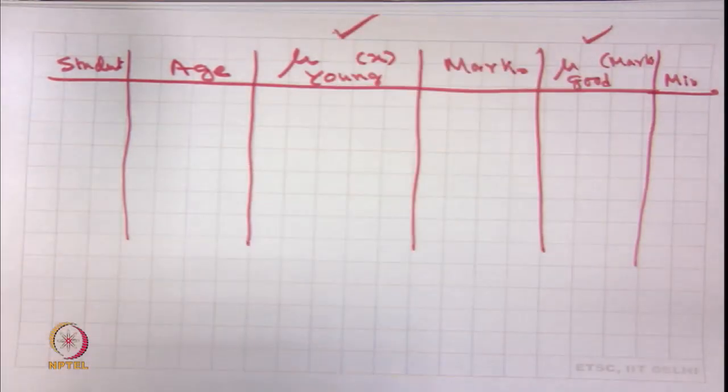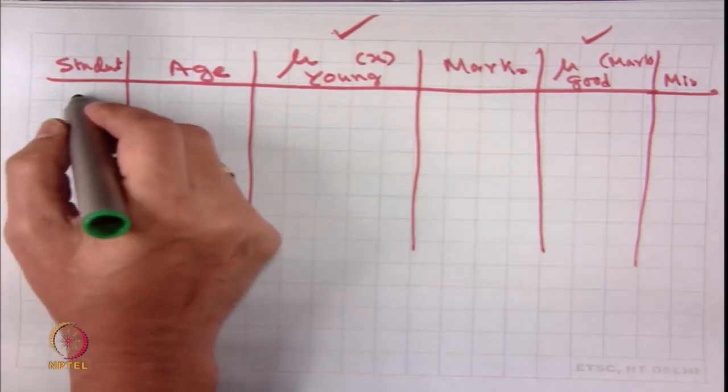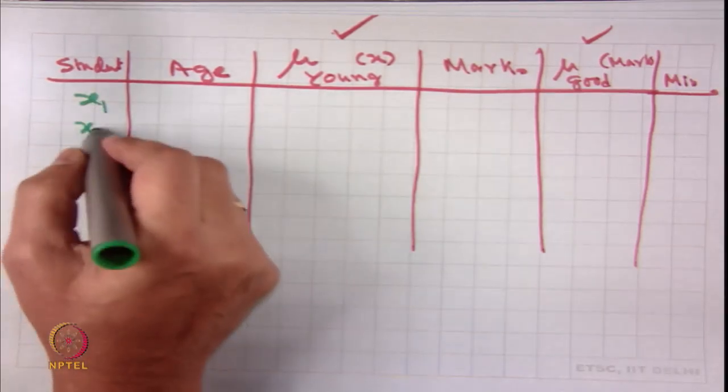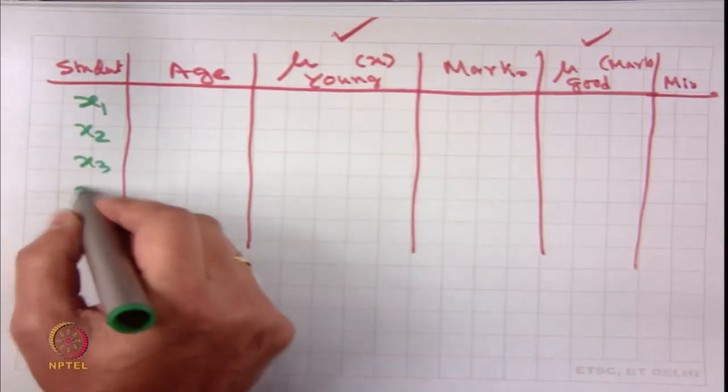So, suppose the facts are the students are x1, x2, x3, x4, x5, x6, x7, x8, x9 and x10,